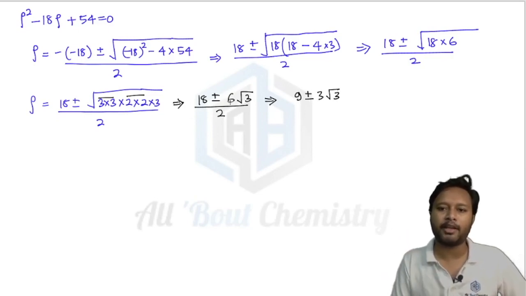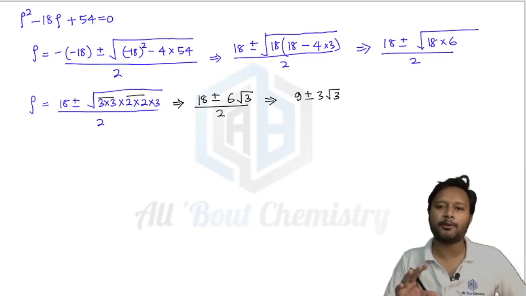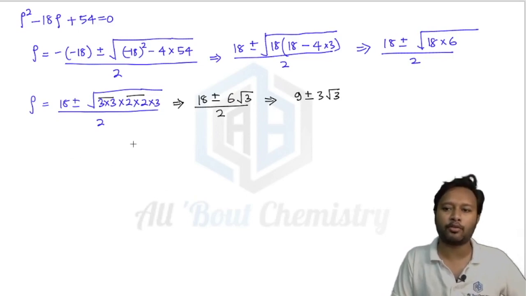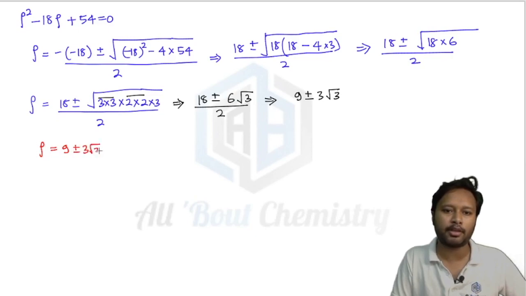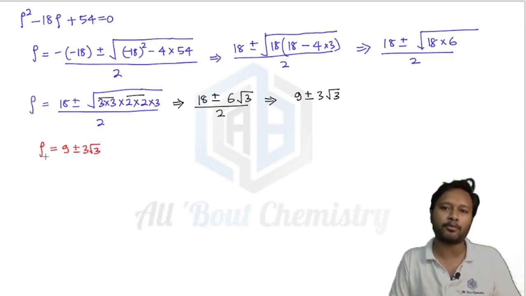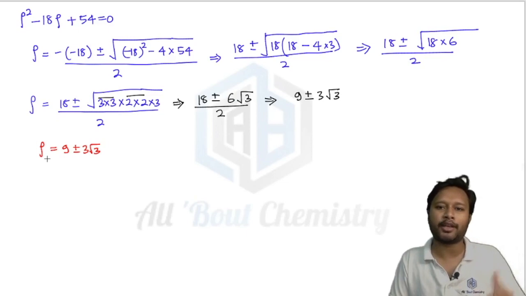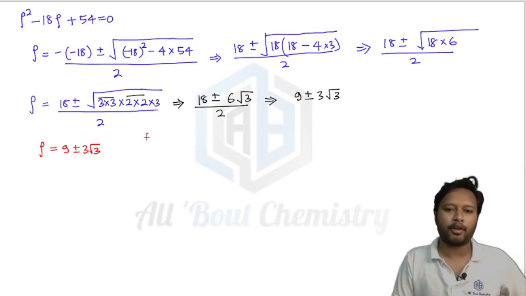Okay. Up till here I have just solved it for rho. I have not calculated my radial nodes up till here. I have to put the value of rho now to calculate it further. So what I got is rho equals 9 plus minus 3 root 3. Let's put the value of rho from the question and then do the next part of the solution. So according to the question, your rho was equal to 2ZR upon A naught.